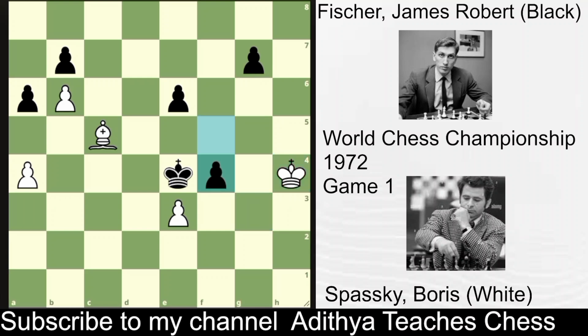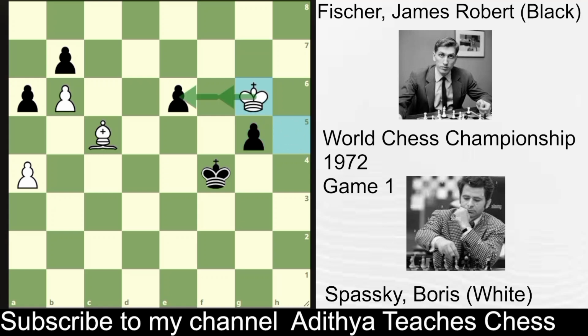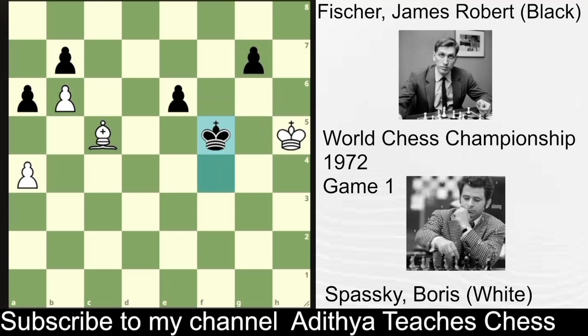f4, e takes f4, king takes f4, king h5, king f5. If black played the move g5 instead of king f5, then the white king will come to g6. So king f5,